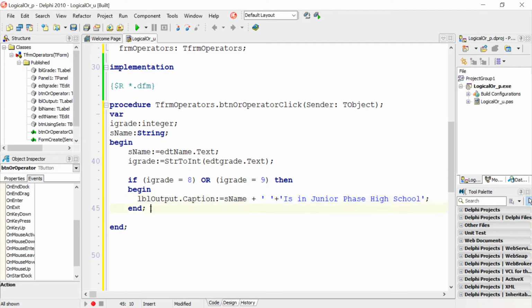Okay. So do not forget that before an else, I must remove my semicolon,